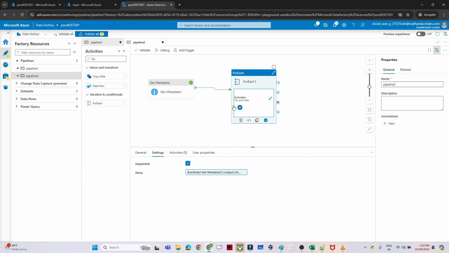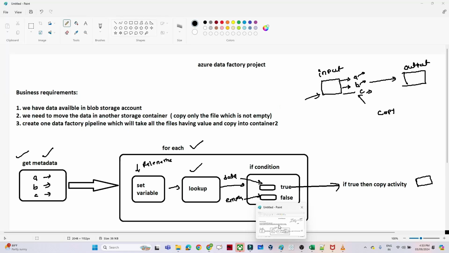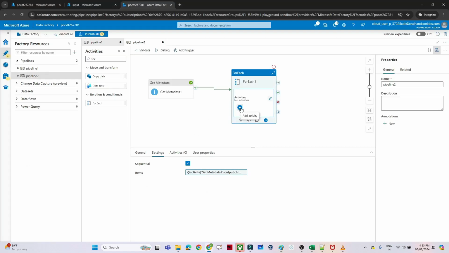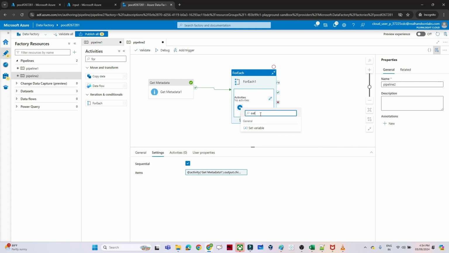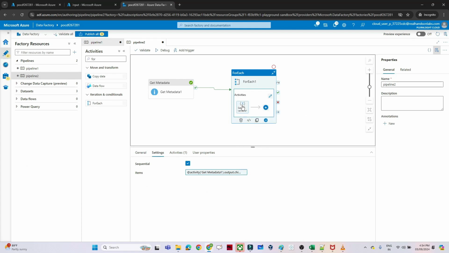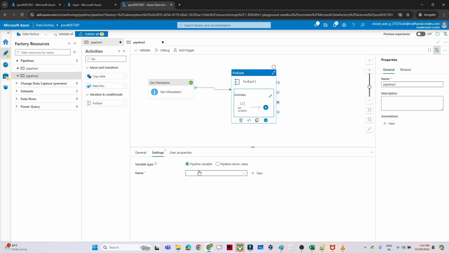dynamic content. Now under this set of activities, if you see our design, we are getting all the file names. We are using a for each. Now we will create one variable using set variable. So I'll click on this activity here, and in this activity I will select set variable. We are going to create one variable and there we will store